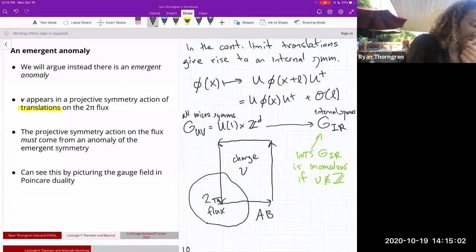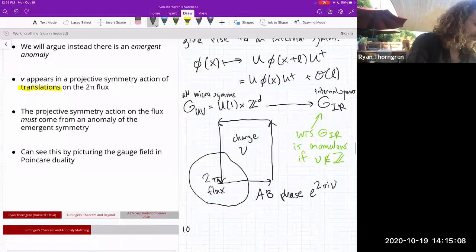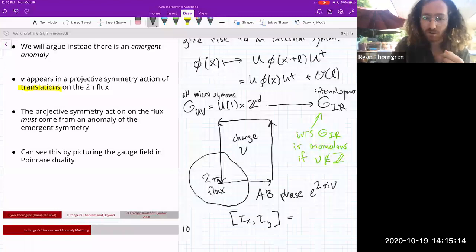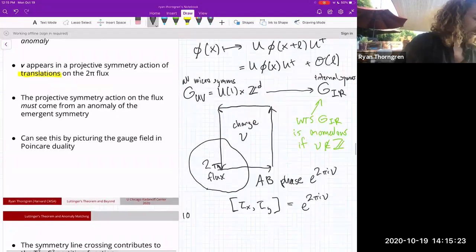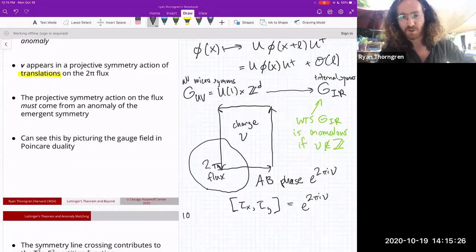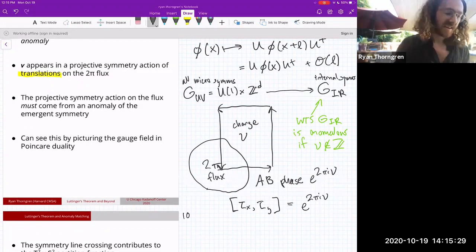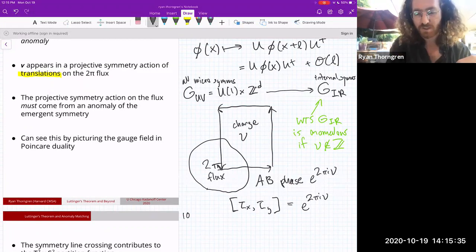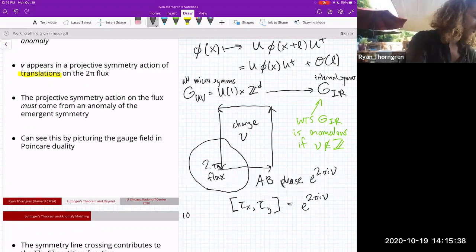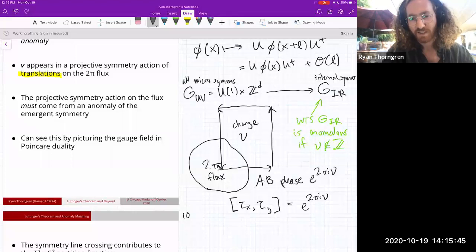And so what we would get is an Aharonov-Bohm phase, e to the 2 pi i nu. So in terms of the translations, they don't commute when nu is not an integer and in the presence of a 2 pi flux. So this commutation relation is going to appear in the anomaly of the infrared symmetry. And in higher dimensions, there's going to be some generalization of this, but let me just focus on 2 dimensions for now. And one way to see that this commutator has to appear in the anomaly